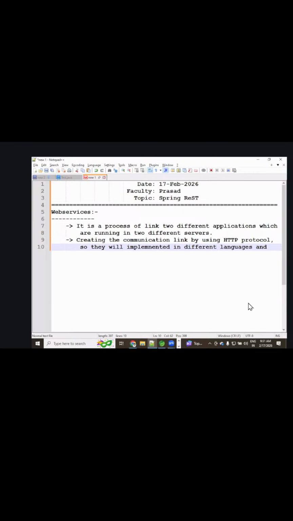And they will exchange the data in the form of